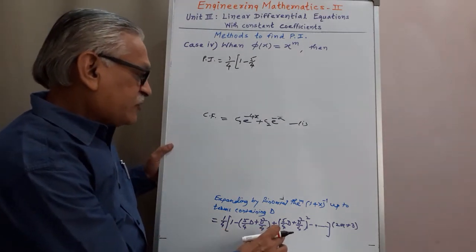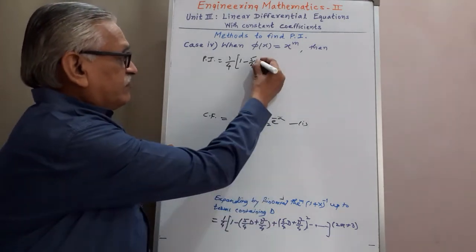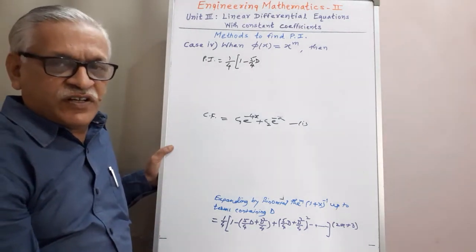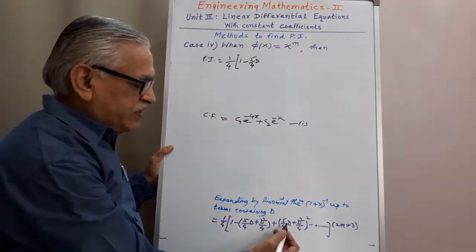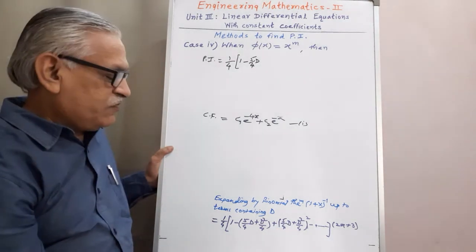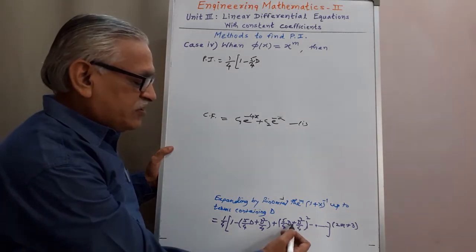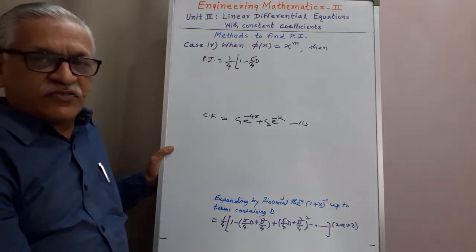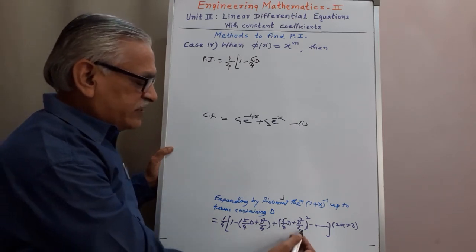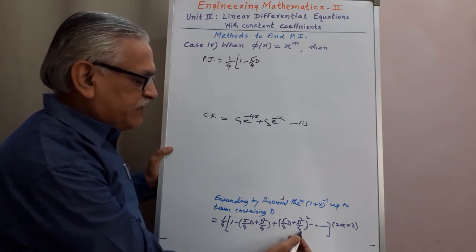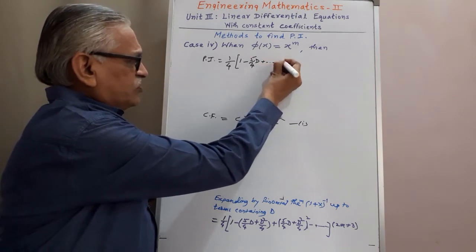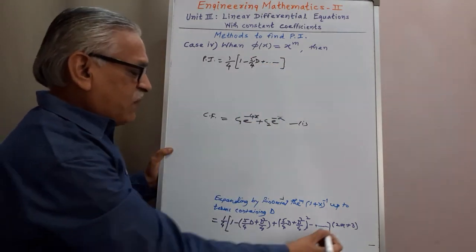Then the expansion of this a plus b whole square is a square plus twice ab plus b square. If you expand this bracket we get the first term with D square, which we have to neglect. Twice ab means 2 times D raised to 3, that also we have to neglect, and b square means D raised to 4. Therefore neglecting every term from the second bracket after expansion, plus so on, and which we have to operate on